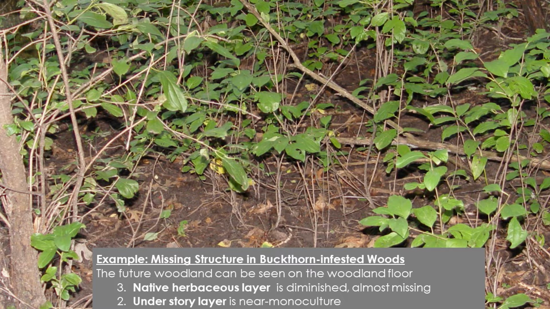Oh, this is the bad example. This is from my neighborhood. And here is the worst case scenario, and that's all buckthorn. So you can look into the future here. First, you're looking at the herbaceous layer. You don't see any herbaceous, no wildflowers, no sedges. And then you look into the future. You don't see any shrubs. You don't see any seedlings of shrubs, and you don't see any oak seedlings or sugar maple seedlings or basswood seedlings. And that says the future is kind of gloomy in a place that looks this bad.